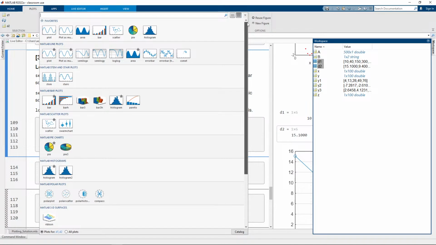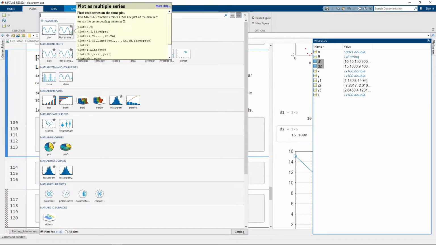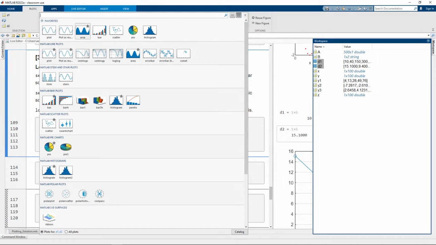These are different plot types that are available in MATLAB. So here, that's the plot that we use. This is plot multiple series. Here, plot as an area, plot bar, scatter, histogram, plot with some error bars. This bar horizontal, Pareto plot, 3D bar,